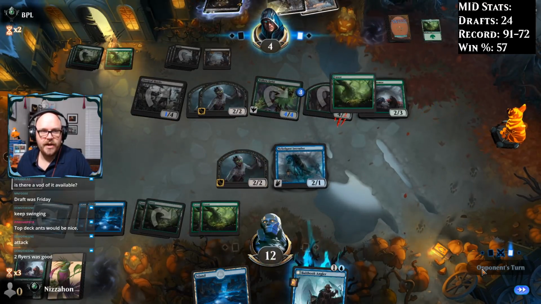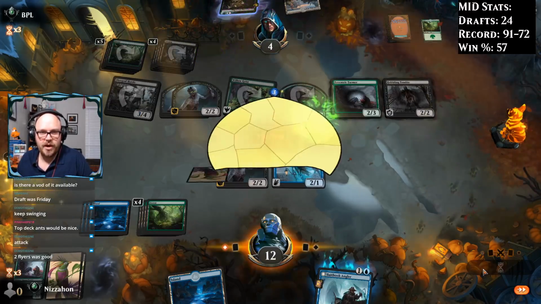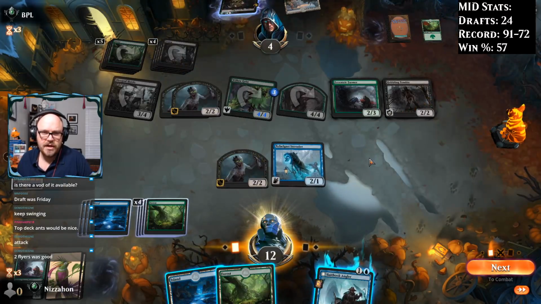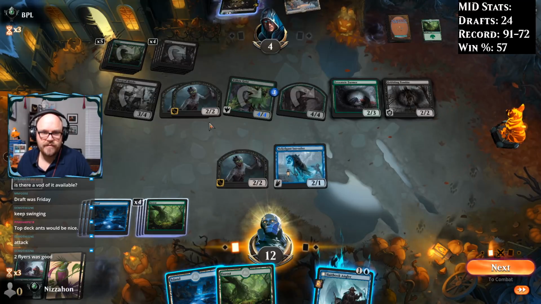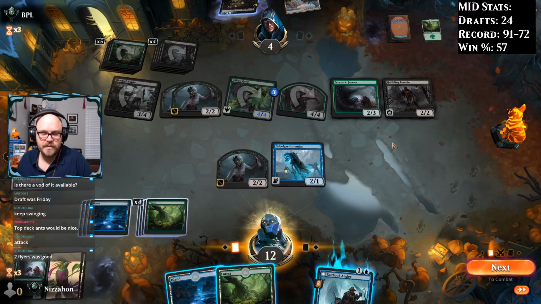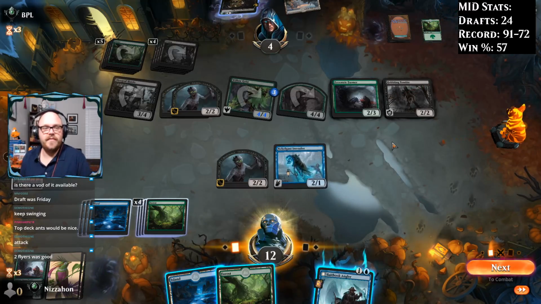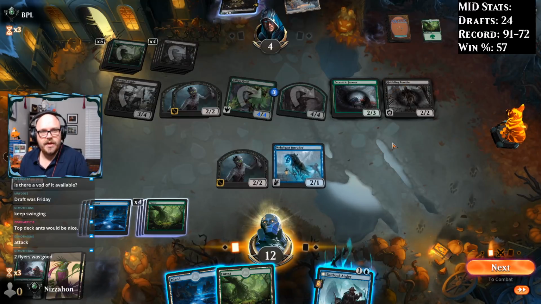So we've got to find a way to do enough damage to them before they do enough damage to us. Doesn't look super promising right this second, and drawing that does not help our cause. So they've got... They have too much damage over there. Rise of the Ants would have been great there. Would have gained us life, given us 2 bodies. I think we're dead, because...